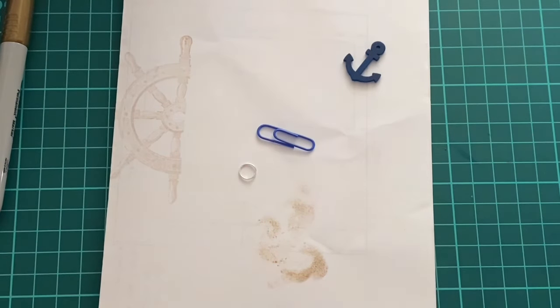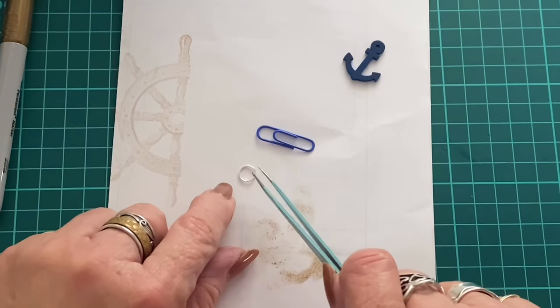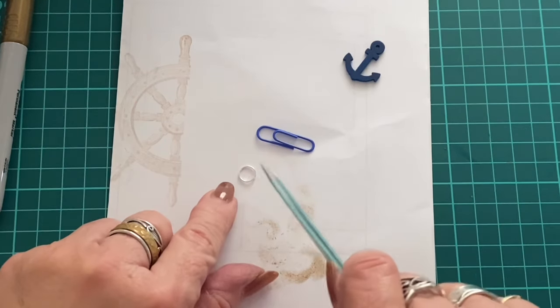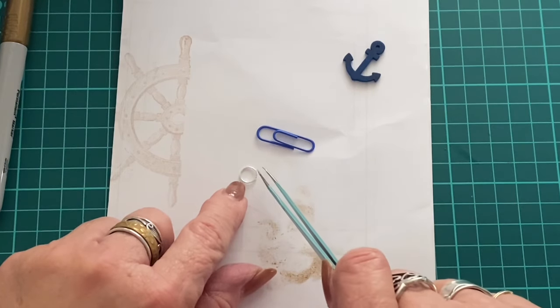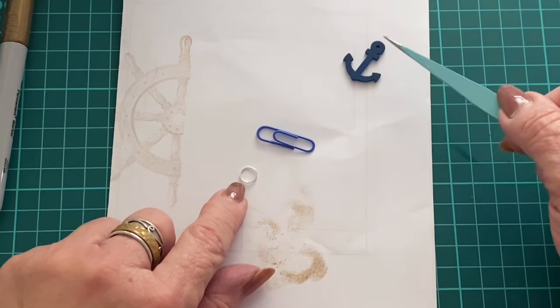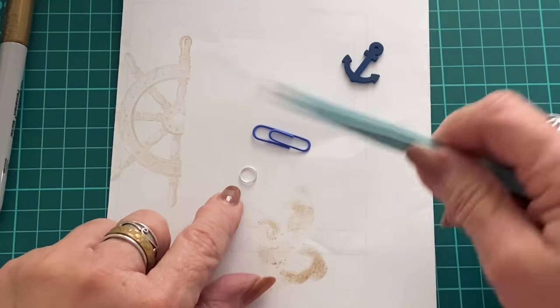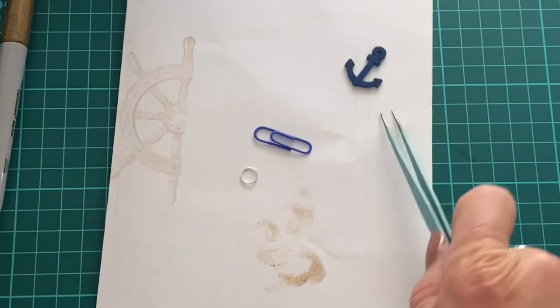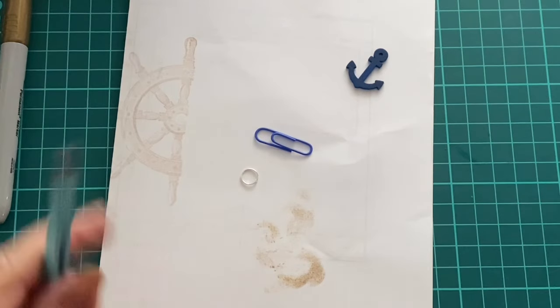Then the next thing we've got here is I have brassy, you know, that old-fashioned type ring in my stash, but they're quite small. There is no way in the world it's going to get through this hole and through here. So the only large ones I had were silver. So I thought what I could do is if I